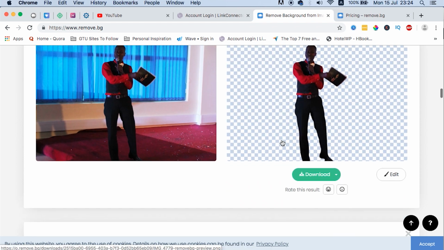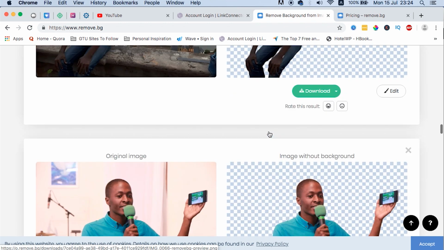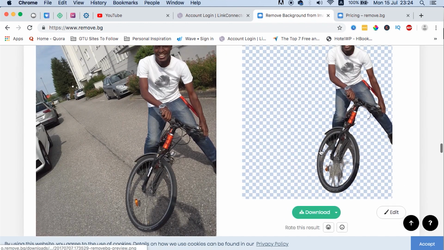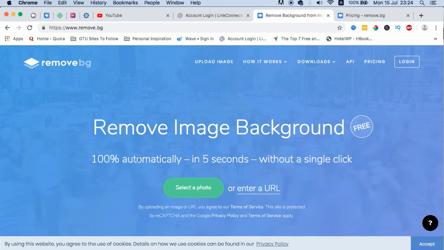Something like this, where again you have to do corrections and it's going to cost you more another time, or some results like here on the bike. That's why I advise that you first try out the free version and then you see the results. The other thing I also have to mention here, the platform says 5 seconds, but that majorly depends on